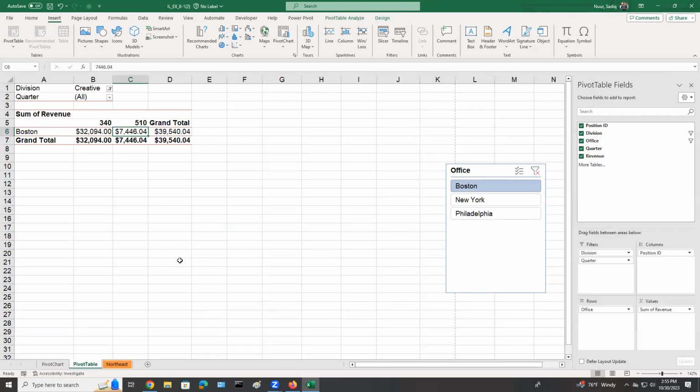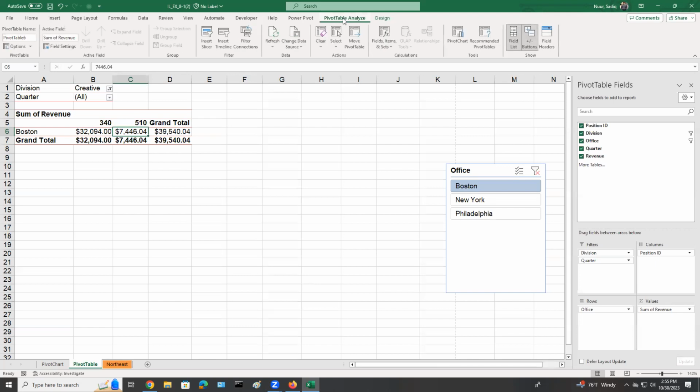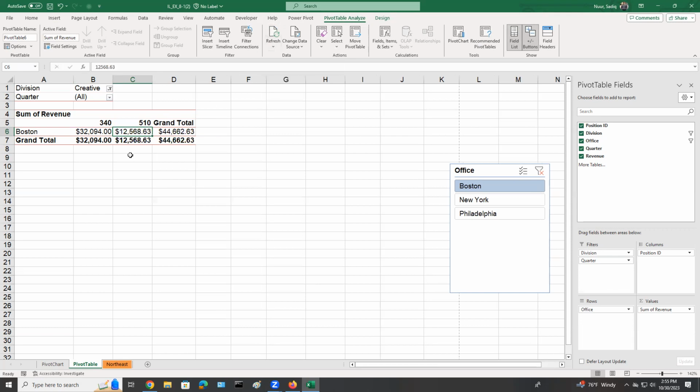Now to do that, it is very important to go to Analyze, and then you will see the data group, and then click on the refresh button under the data group. Now you see the